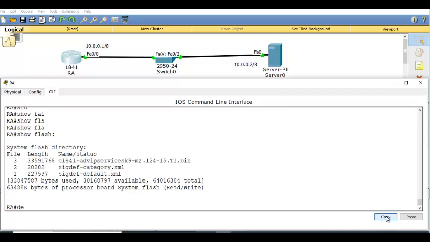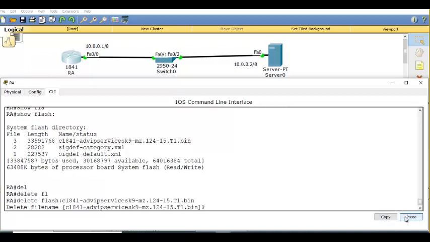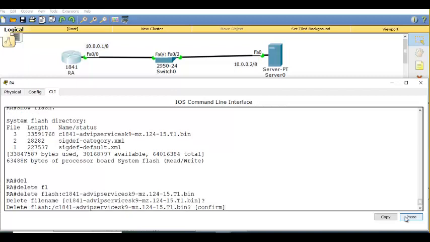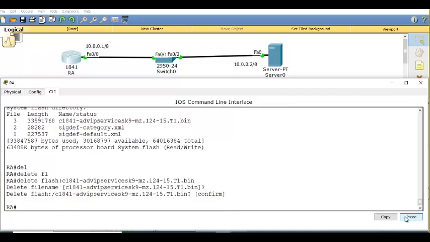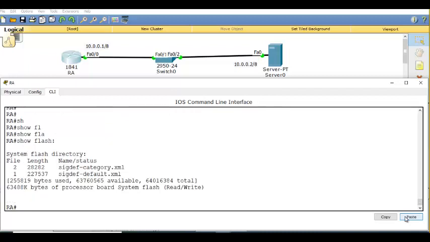Delete from flash this file. It is asking, are you sure you want to delete? Yes, confirm. I deleted. Now you see, show flash. There is no operating system. Do you see any operating system? No, sir. No bin file.